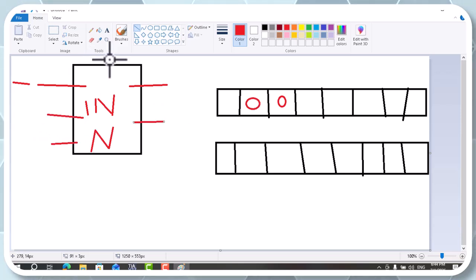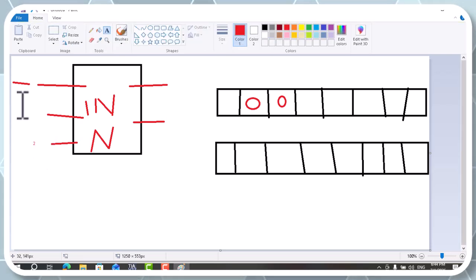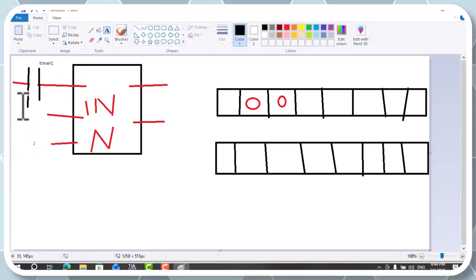So if we indicate here 2, and here we set some memory, and in our memory we have 2 sets of bits, and when the first pulse of our timer, for example timer 1, is enabled,